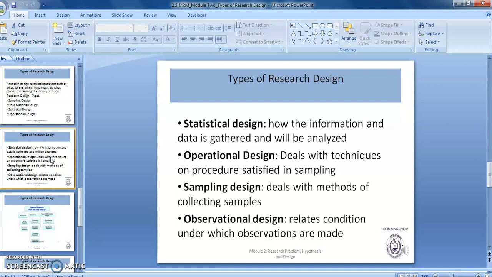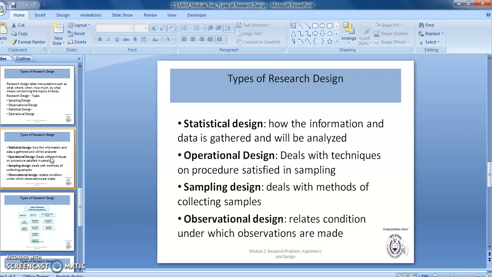Now with the 10 crore people, you cannot go to everybody and collect the data. Therefore, you decide what the sample size is, how much. For 10 crore people, if you can reach out to at least 1000 people, you can generalize the results. 1000 people in the same economic strata will be able to give a homogeneous result. That's operational. So sampling design, as I discussed, deals with the methods of how we collect the samples.